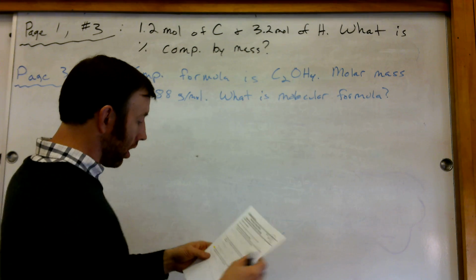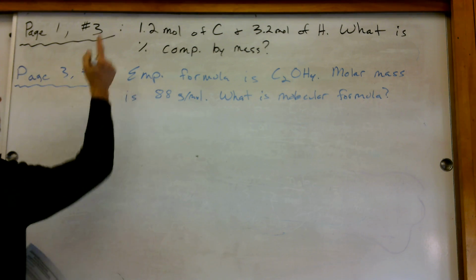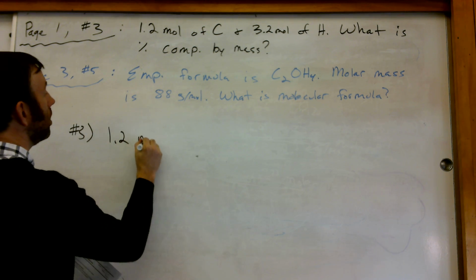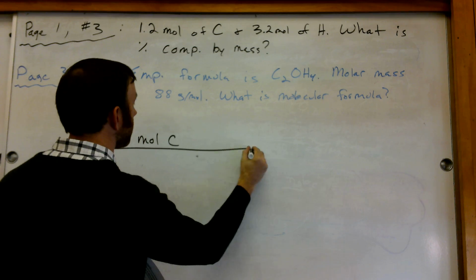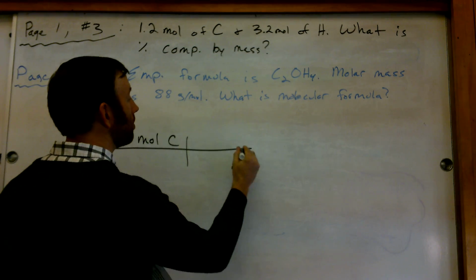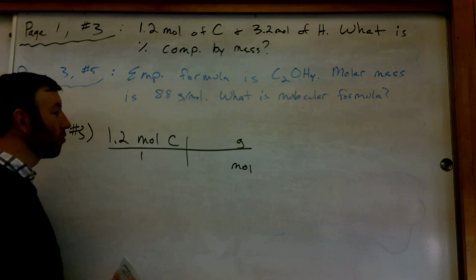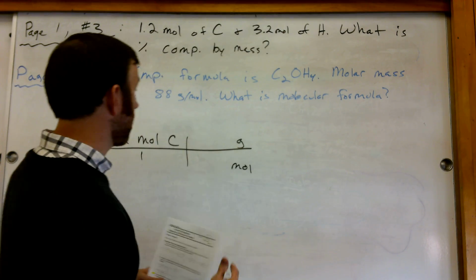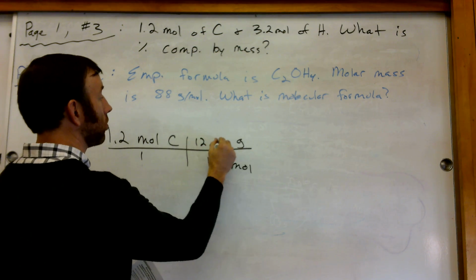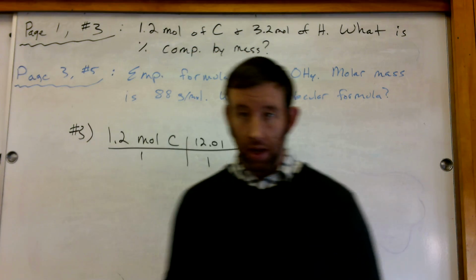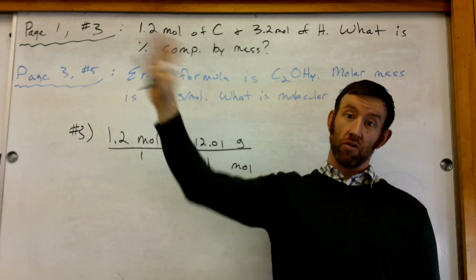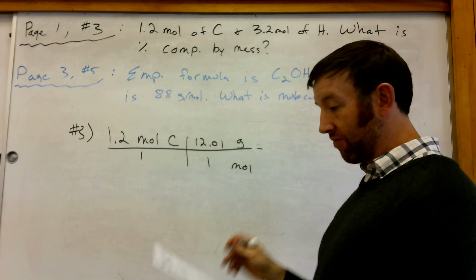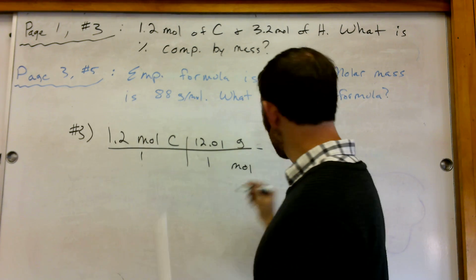All right, so I have 1.2 moles of carbon. This is number 3 from page 1. Now I want to convert that into grams. So I'm going to go moles bottom, grams top, over 1. Now, of course, I go to my periodic table and I find that my molar mass of carbon is 12.01 grams. And again, I know to multiply there because I'm in moles, going out. That means we multiply, so my mass goes on top. And what that'll give me in this case is 14.4 grams